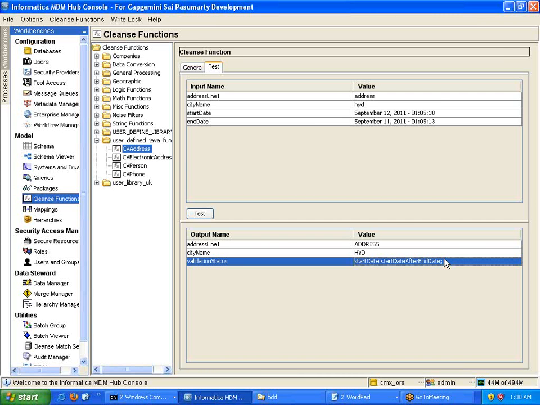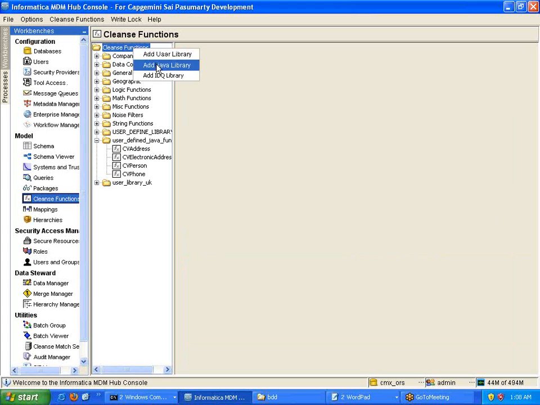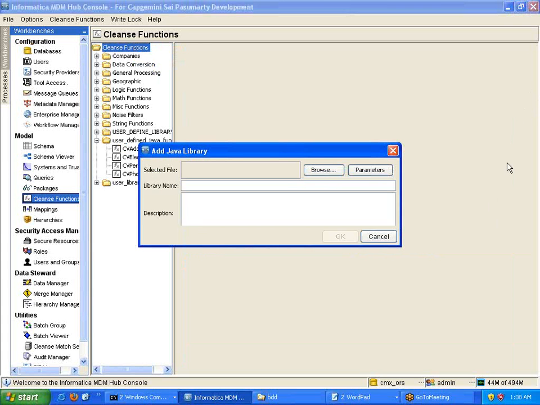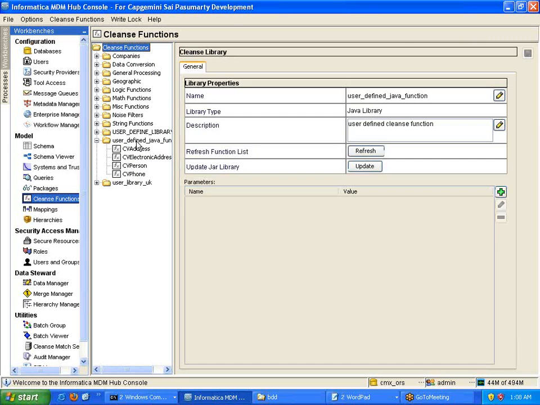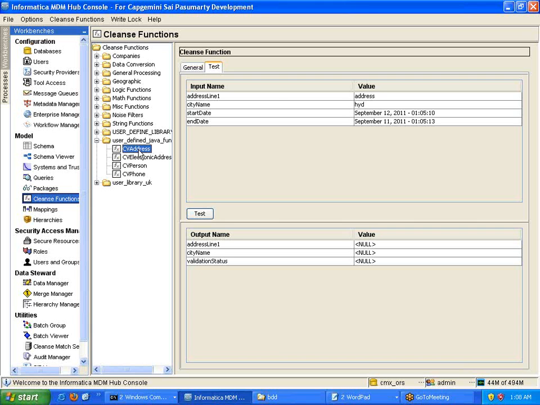Once you do that, the fourth step is going to be what? Import. How do you do that? This part you need to know very well. Go to the plunge functions tool, right click, add Java library. Browse to a location where you have the jar file and supply the description and name. Once you do that, there is a new category which appears as part of these plunge functions, where you can see the corresponding plunge functions of what we have built within the Java code, supply input parameters and get it validated by using a test.